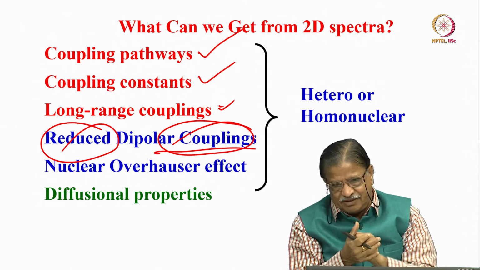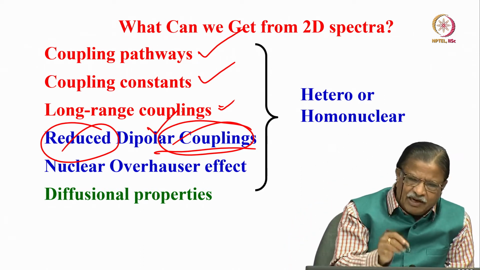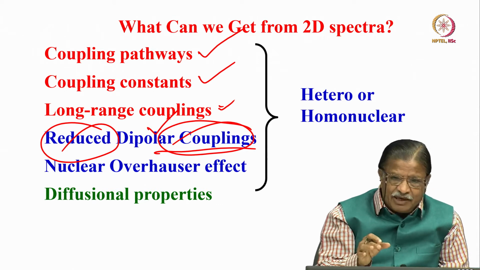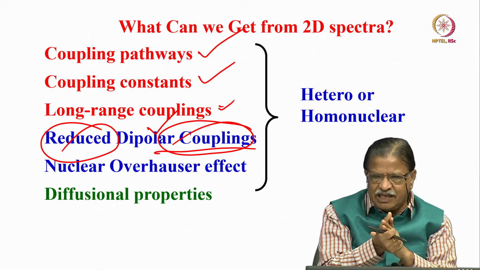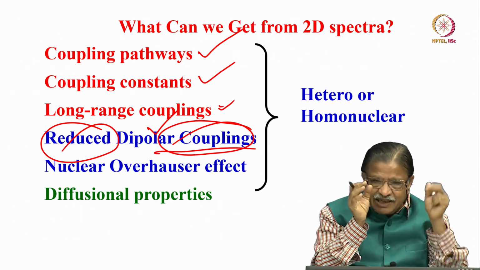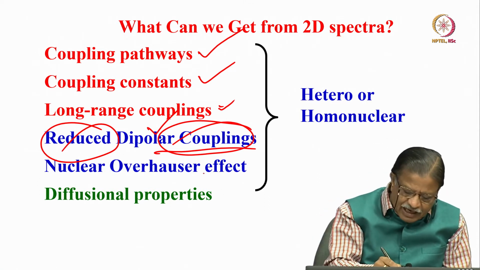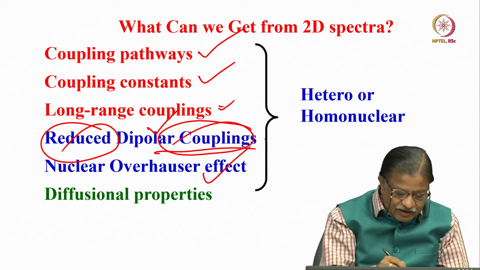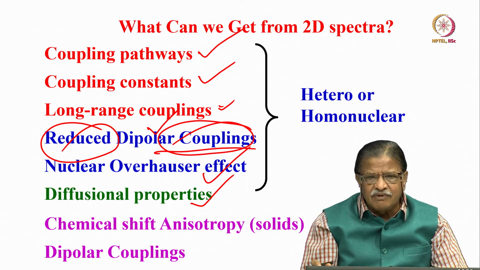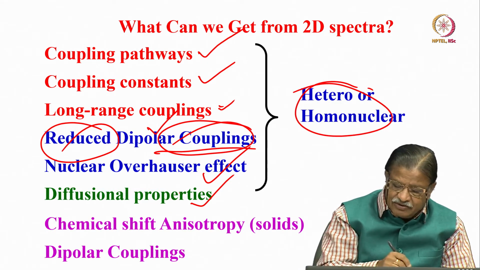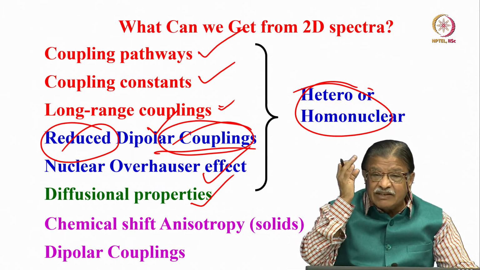Remember, when I gave the NMR internal interaction parameters, I said dipolar coupling is one of the important parameters which gets averaged out in the solution state. I said that it depends upon the distance between 2 interacting spins. It is a spatial interaction. It is through space, not through bond. That is what I said. We can get information about the NOE. You can get information about the diffusion. You can get information about the relaxations. Varieties of things. In all these things you can have homonuclear information, heteronuclear information. Imagine varieties of combinations you can think of.